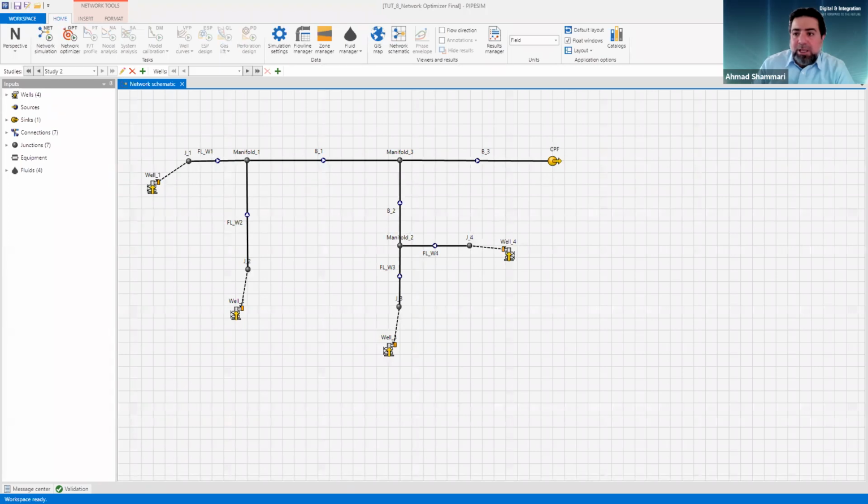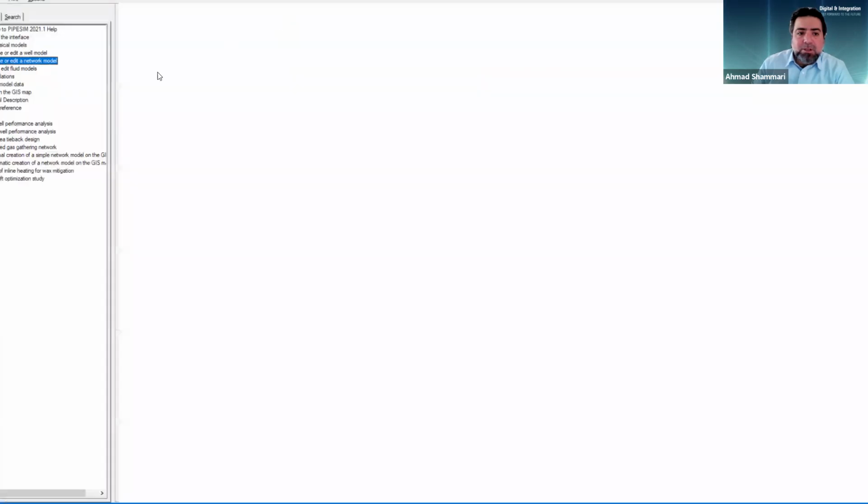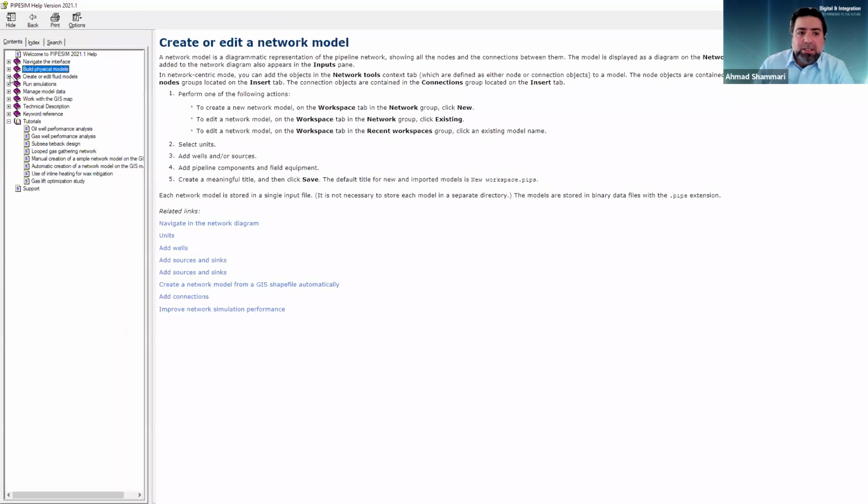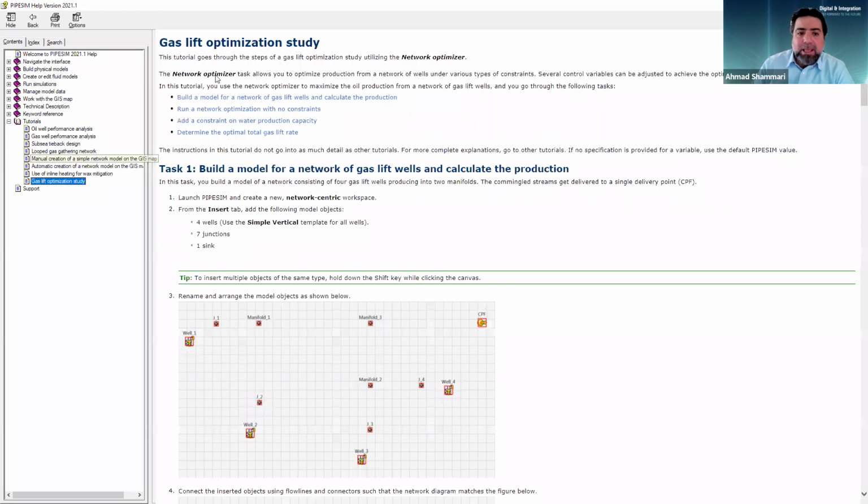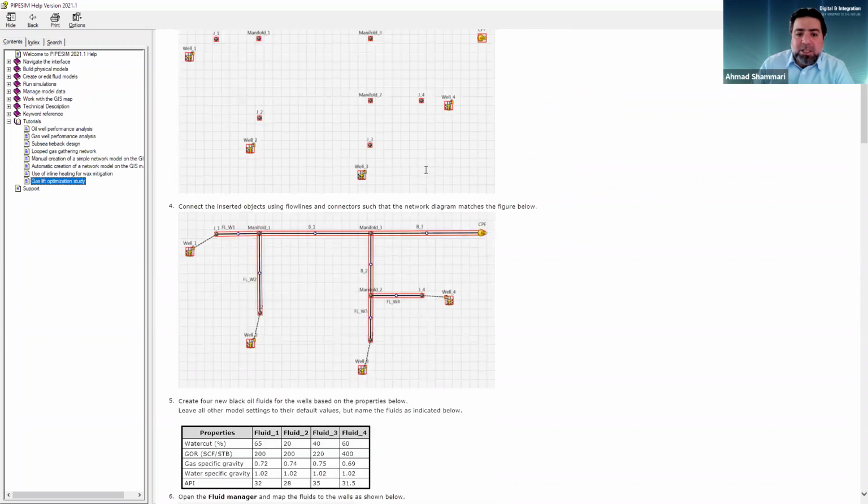And if you go to the help, this is a button here at the top right corner. You can go to the help, and then in the help, you can actually search for that. So you can easily go to the tutorials. And then the last example here says gas lift optimization study. And then it will help you step by step. There is a step-by-step guide